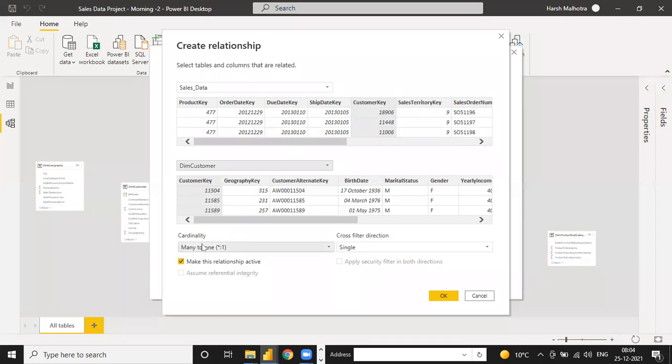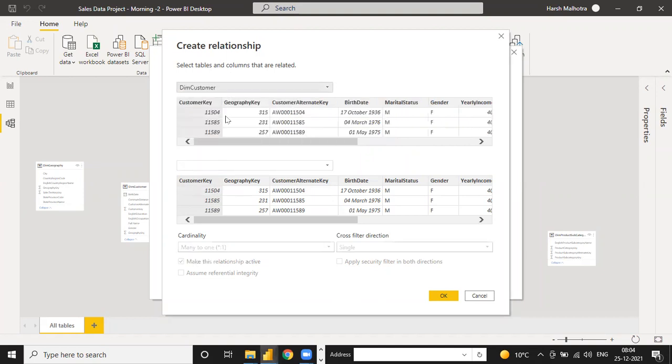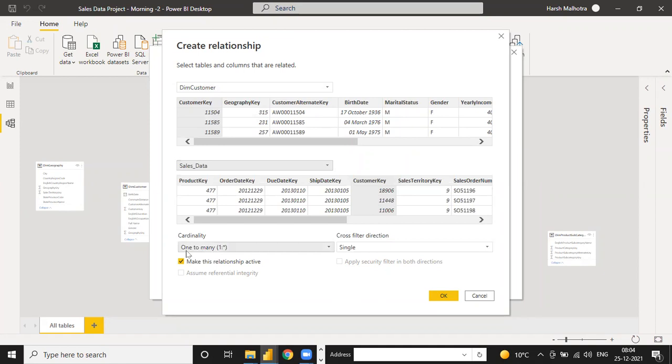Why is it one to many or many to one, guys? Because the sales table is a fact table, and you have given a correct answer. Under this fact table, you have duplicate values, but under this dim table, you have unique values. So many to one is upward to downward. Many means complete data, duplicates also, and one means only the unique values. And if you select customer upward and sales downward, then it automatically changes to one to many, because here is a unique value, which is the one side, and there are duplicates also.